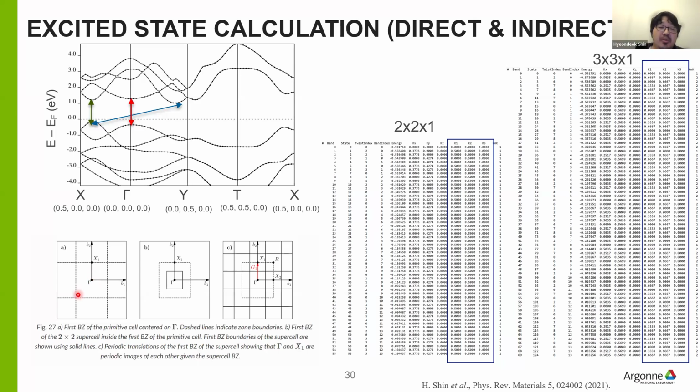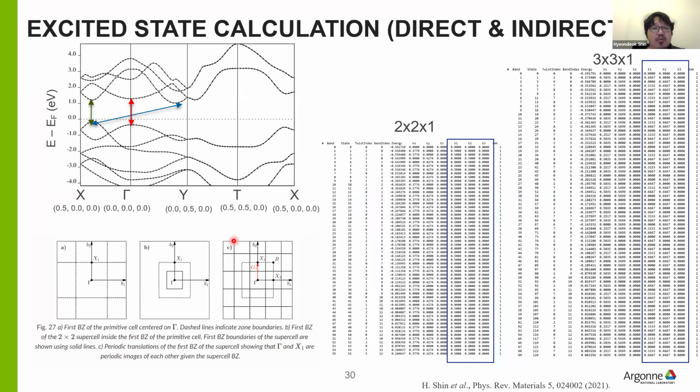If we expand this supercell to 2x2, the edge length of this Brillouin zone is decreased, as shown by the solid lines in figure B. And this X1 point, which was on the boundary of the Brillouin zone of the primitive cell, now becomes located inside the Brillouin zone of the supercell, as shown in figure